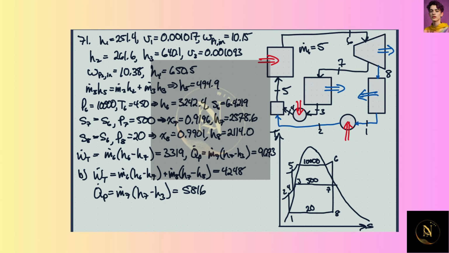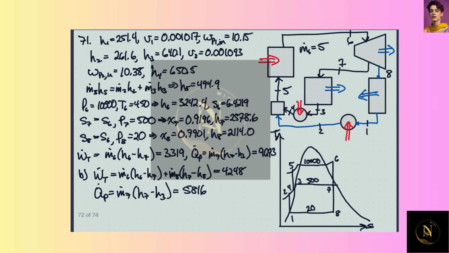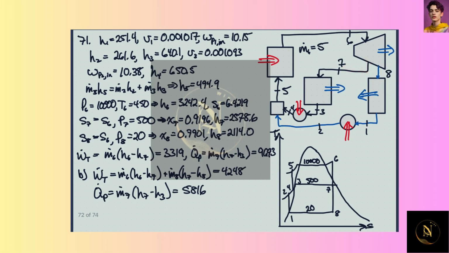So again, we know everything at 1. If 1 was being utilized, we'd find the power being put into this pump, if it were actually running. In the second mode of operation, we have 60% of the steam coming off here instead of 100%. So 40% of the steam by mass, which would be liquid at this point, will be going through this pump, and we'll get a specific work of